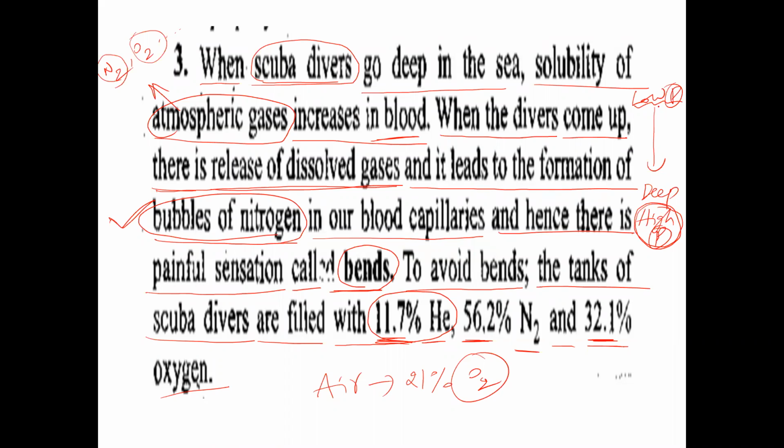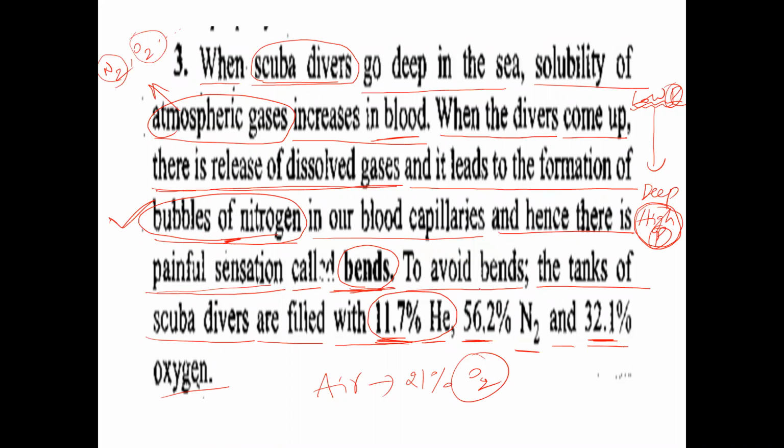And when they come back to the surface of the sea, what happens? Already dissolved gases will come out in the form of bubbles, because at the surface there is low pressure. They are coming from high pressure to low pressure. At high pressure more gas is dissolved, so when they come to the surface, the excess dissolved gases will come outside. They will be released, and the bubbles of nitrogen in the blood vessels will cause a painful sensation called